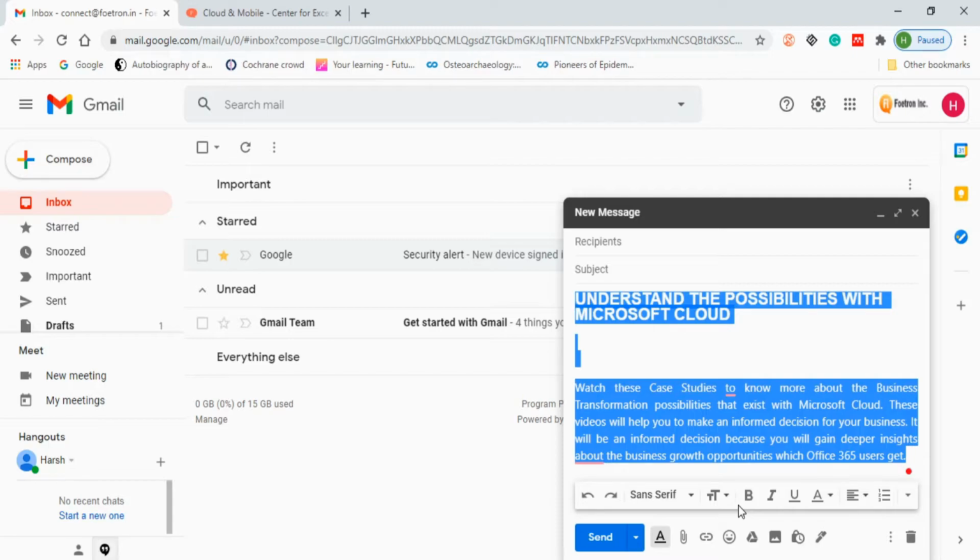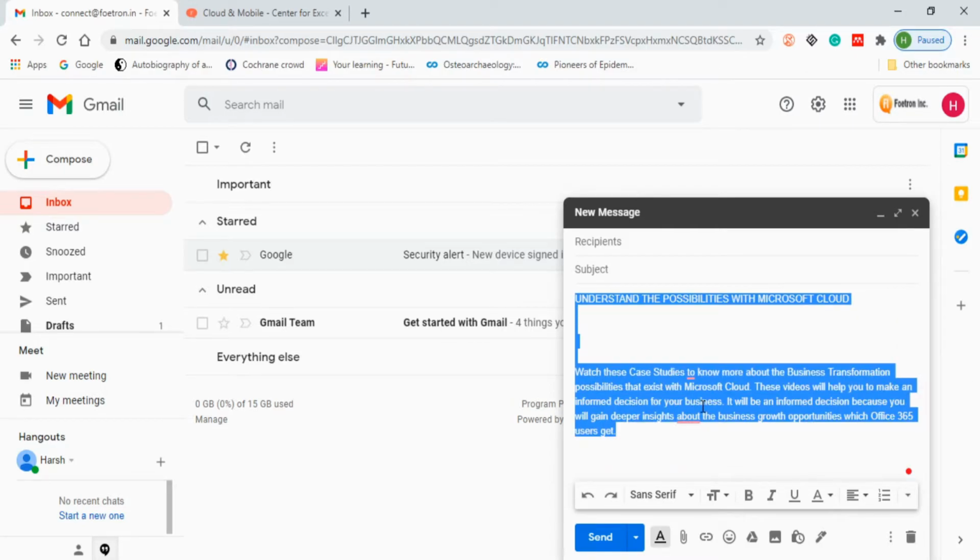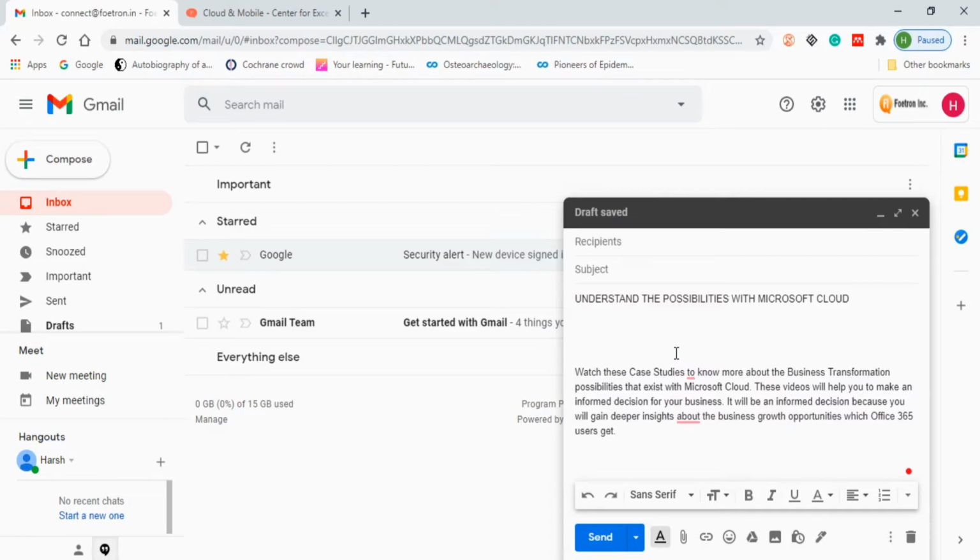You can directly change from here, but it will be cumbersome work and take a lot of your time. But it will be easy for you if you just go into more options. In more options, there is an option called remove formatting, and it also has a shortcut, which is Control backslash. So when I click here, you will see your formatting has been removed.